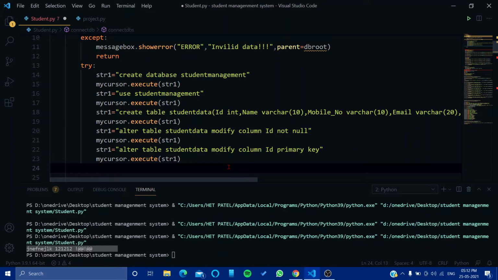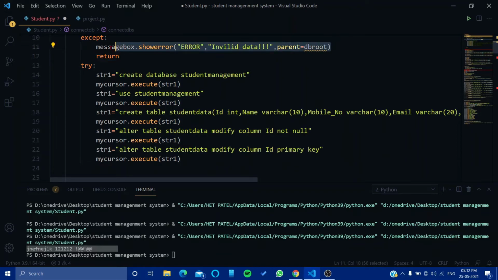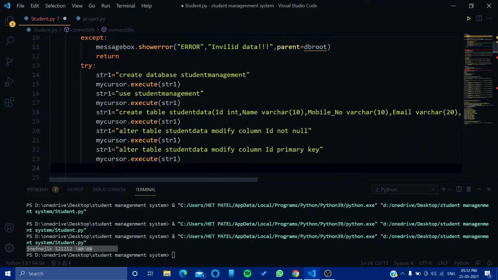Now we have to give a message that our database is created. So we will copy it from over here, message box. We will say message box dot show info. We don't have to show error, so we will say show info. Here we will say open notification.